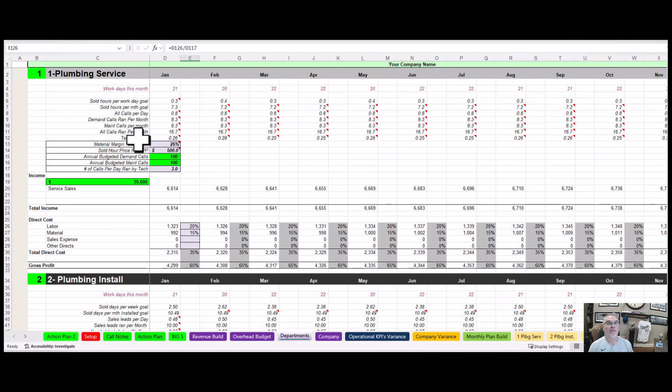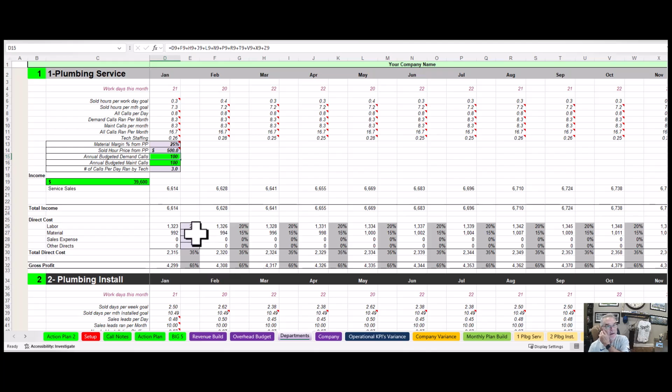All right. So put in your department. Look for a 25% net margin, please. Your sold hour price, probably close to $500. Again, that's up to you on your profit pricer. And the number of calls you want a technician to run in a day. Okay. The rest of this is formulas based off of